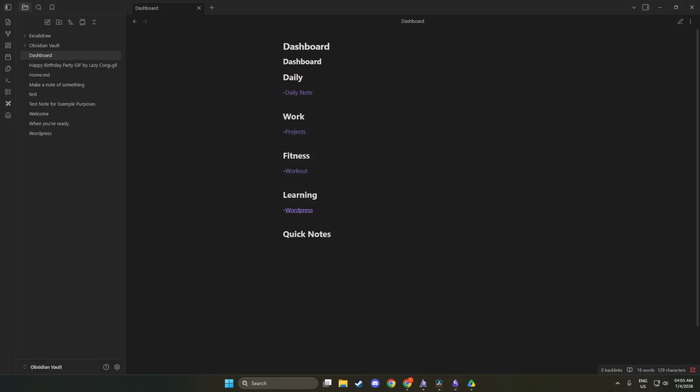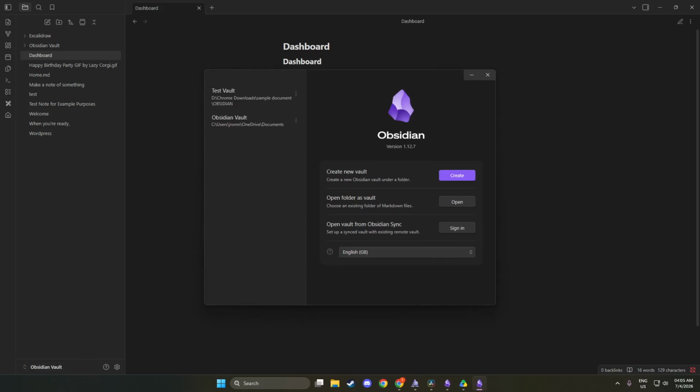Next, navigate to Manage Vaults in the menu that appears. Here, you can see all your current vaults listed. This section is important because it provides an overview of how your data is organized. You can easily switch between vaults or make adjustments. It's a straightforward process, and this visibility helps you maintain control over your notes and projects. This is a key step in ensuring you are ready to change the vault location without any confusion later on.